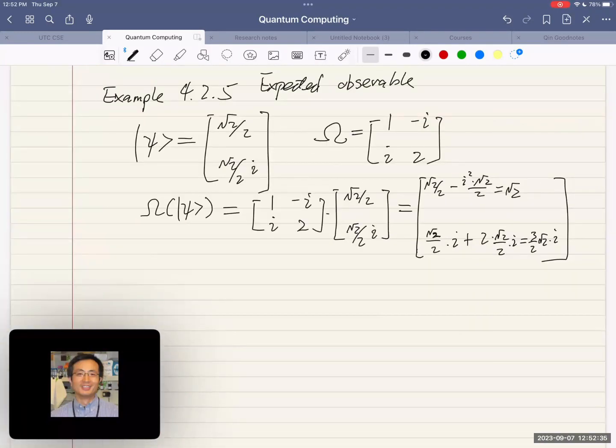Expectation will be, which is, omega phi and omega psi, and psi itself in the product, which will be